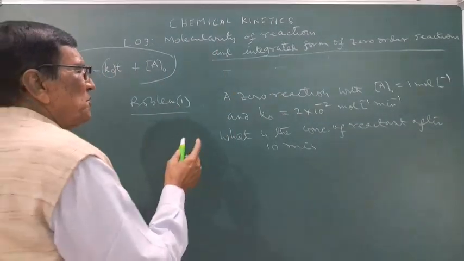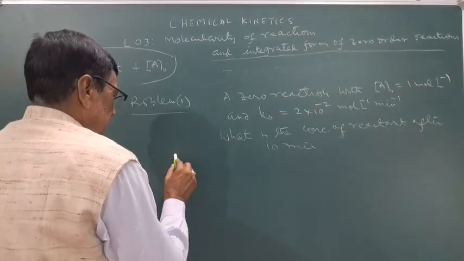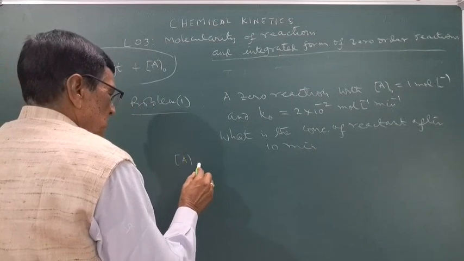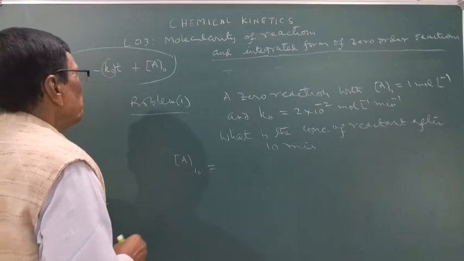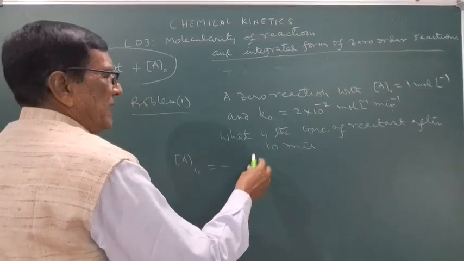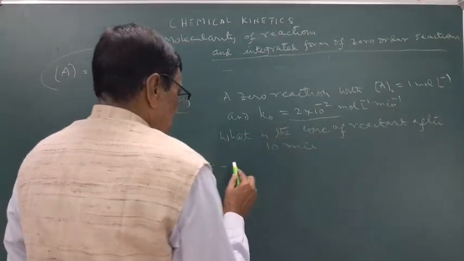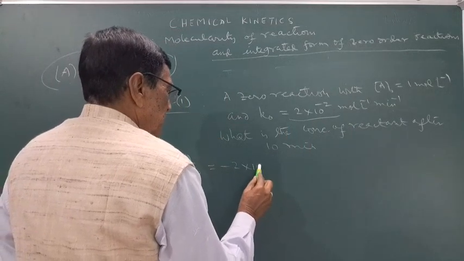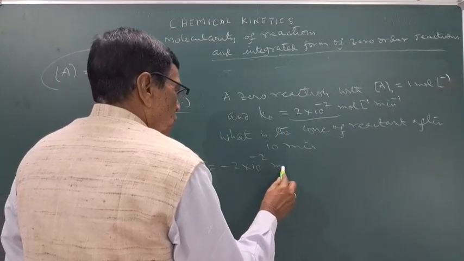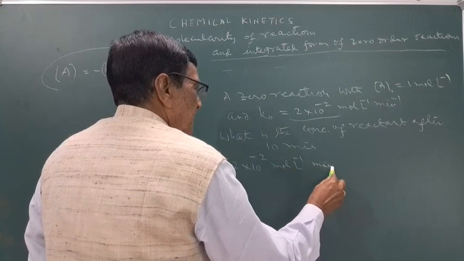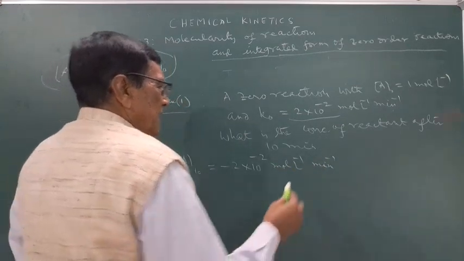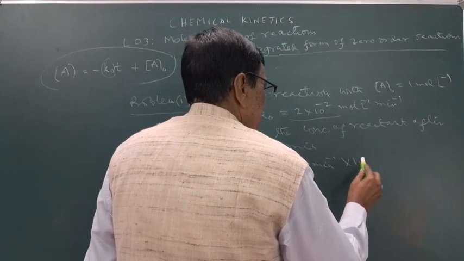Here A, you like to determine this concentration of A at 10 minutes, equal to minus K0, which is given here as 2 into 10 to the power minus 2 mole liter inverse minute inverse, and the time is 10 minutes,